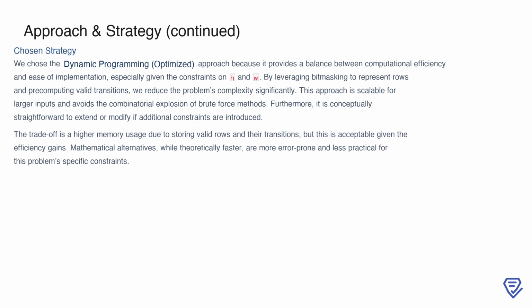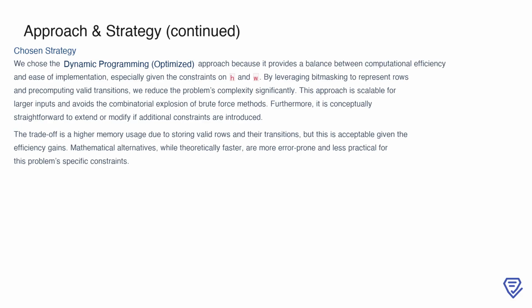While it does require more memory to store the valid rows and their transitions, the trade-off is worthwhile given the efficiency gains. Mathematical alternatives, such as matrix exponentiation, might offer theoretical advantages but are harder to implement and debug in practice for this problem. Dynamic programming provides a clear, robust, and scalable solution that aligns well with the problem's constraints